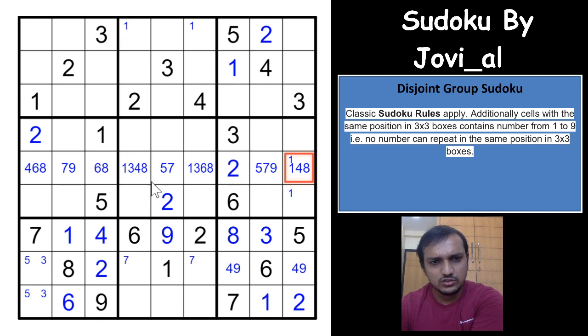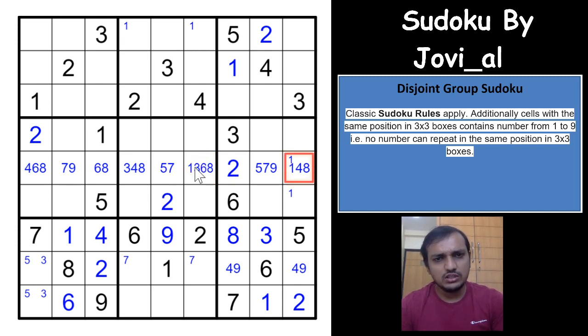Okay, let us see if we have any digits in the same position for all the possibilities. 4 6 8, no. You have 6 8 here, so again no. You have 1 3 4 8, so 1 is not possible here because you already have a 1 here, and 3 4 8 is possible, right? 1 3 6 8, no, nothing. 1 is again not. 1 is possible here, sorry. So and 1 4 8.